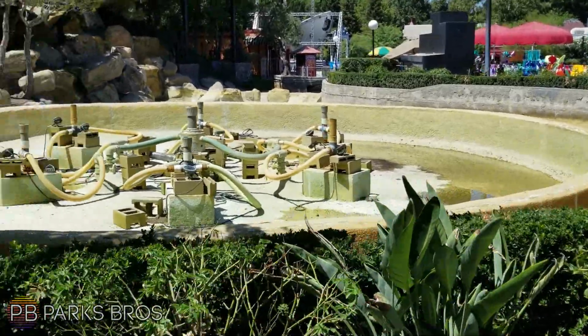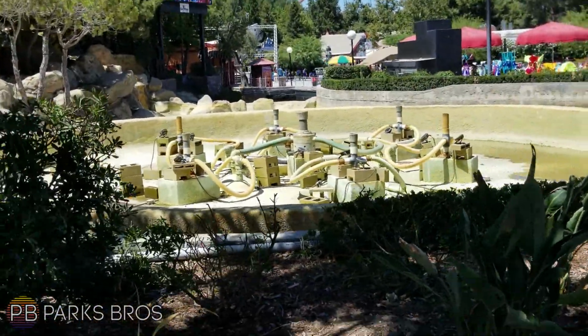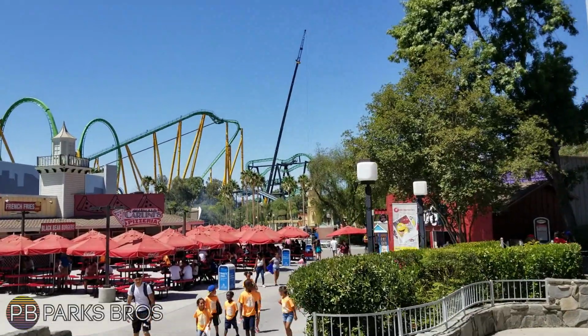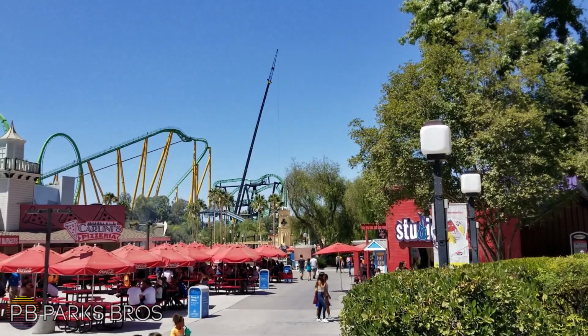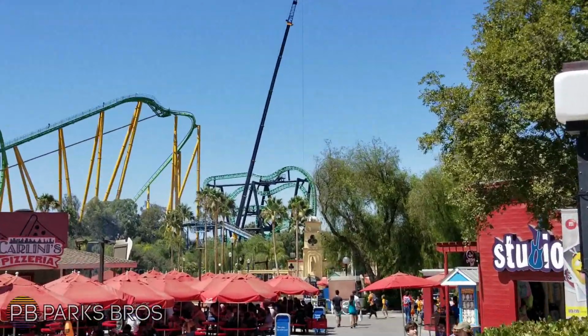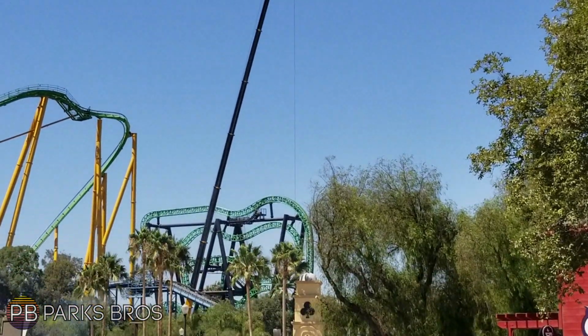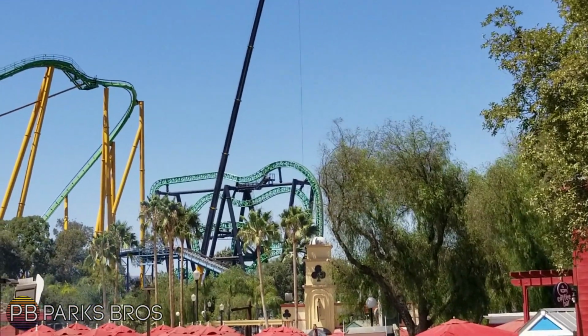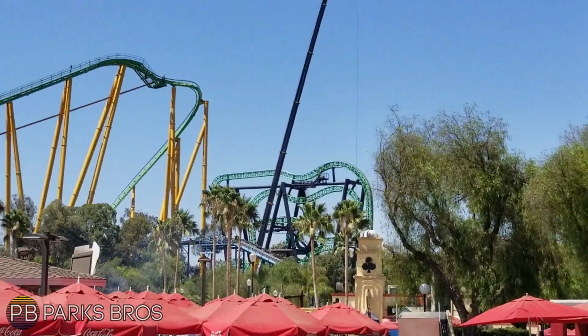But here's the big thing. We saw a giant crane in between Tidal Wave as well as Green Lantern, and everyone started throwing questions around, and we weren't entirely sure what it was for. Would it be working on Tidal Wave? Would it be working on Green Lantern? No. Actually, it was working on Riddler's Revenge, which actually did close as of last weekend, and they were actually